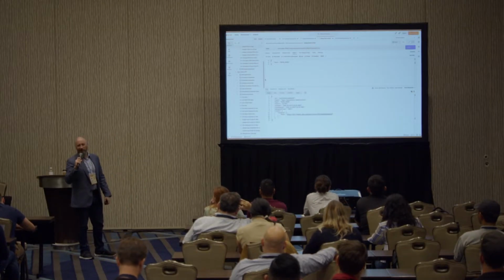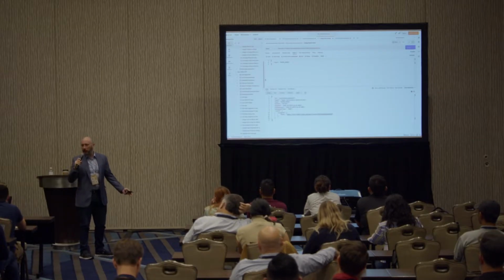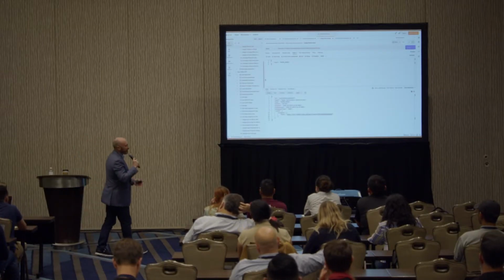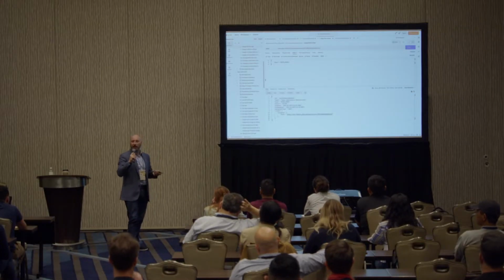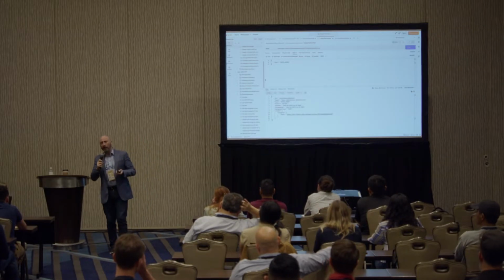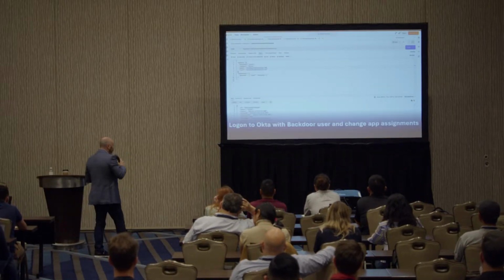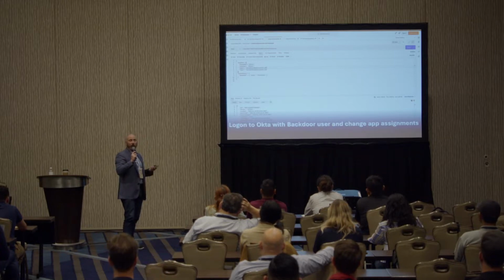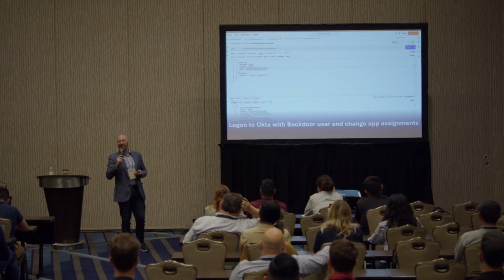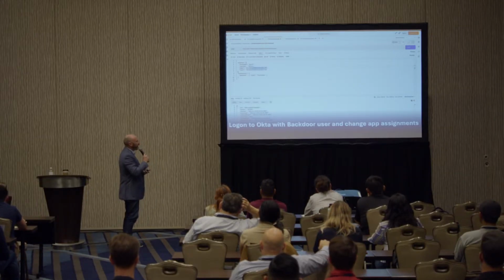That still doesn't give me access to any data, though, right? Okta is kind of like Active Directory for our cloud. Provides single sign-on and identity management and application assignment, but Okta doesn't really have any data. So even though I'm a superadmin in Okta, I still don't have access to anything interesting. But what happens when I log into Okta with David? Well, if I logged into Okta with David right now, he doesn't really have access to anything, but he's a superadmin, so he can start assigning applications.